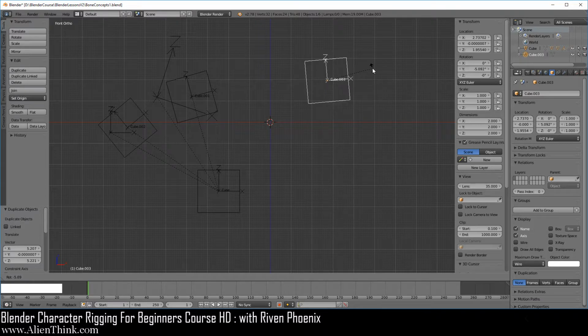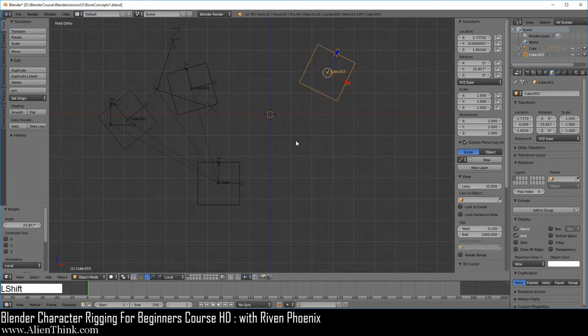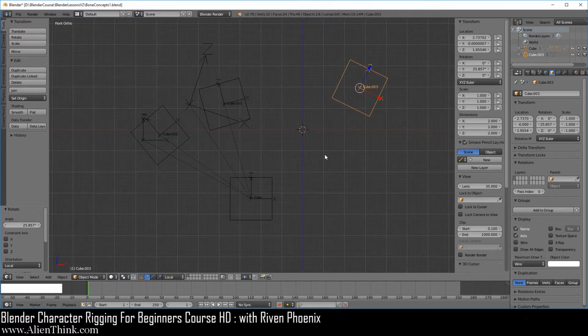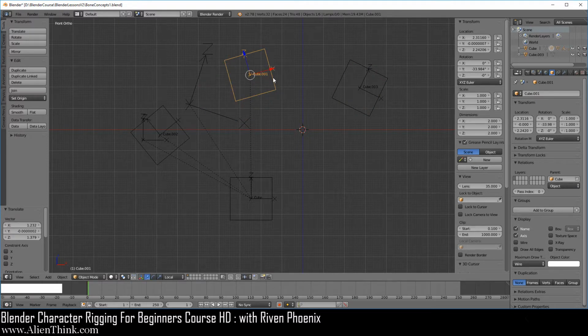The only reason I'm rotating these objects is because I just want you to see that it really has to do with the movement along the X and the Z axis of a local coordinate system. Okay, now over here we're going to make this the parent of this object. So do the same thing, click on this object, press the Shift key down, click on this one.